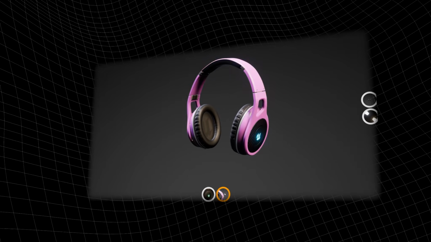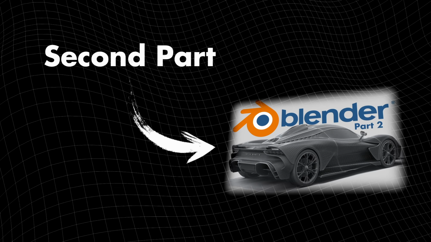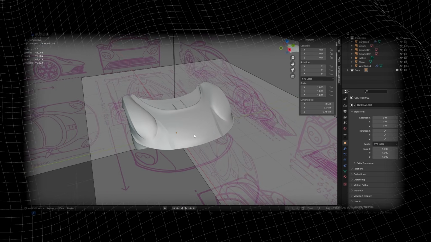I am modeling an entire Aston Martin Valhalla to make a product visualization scene in Unreal Engine, and this is part 2 of my series. In the first part, we modeled the front part of the car, and today we're going to do the sides